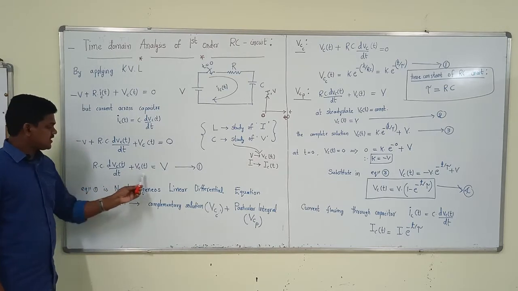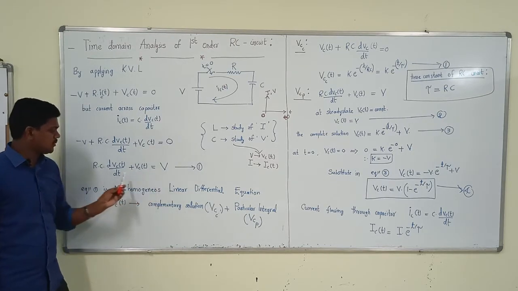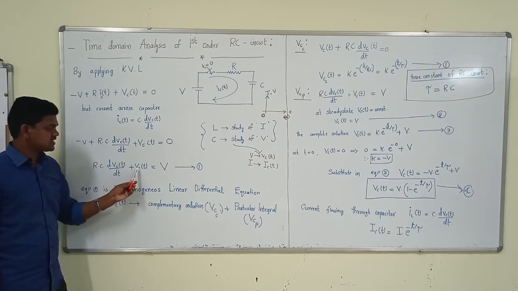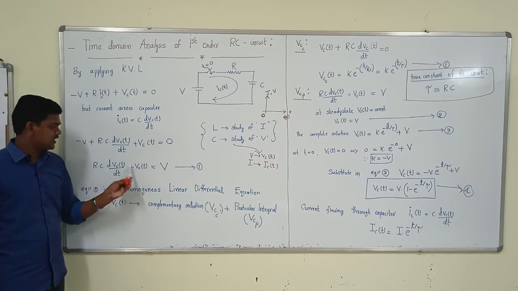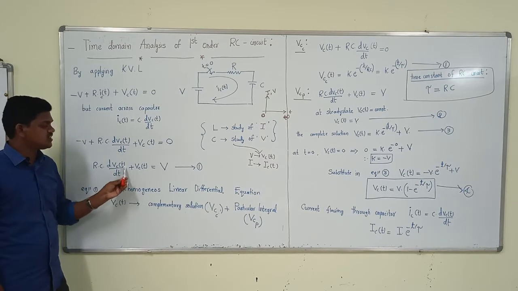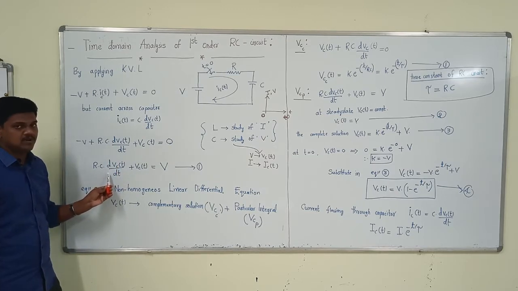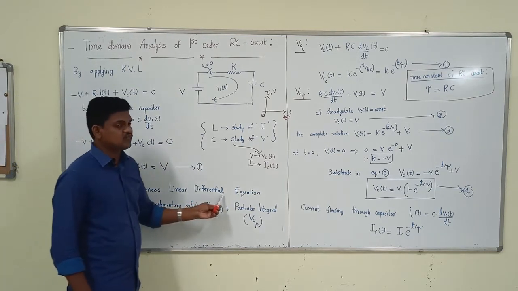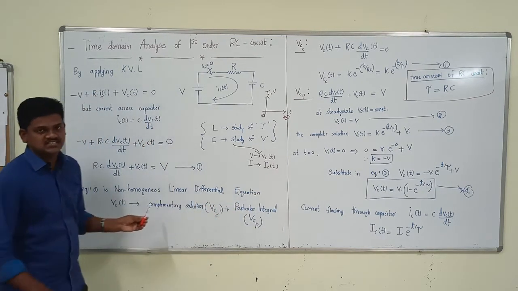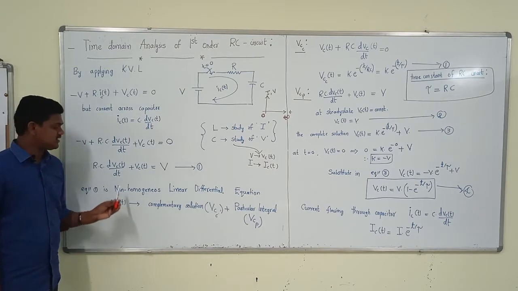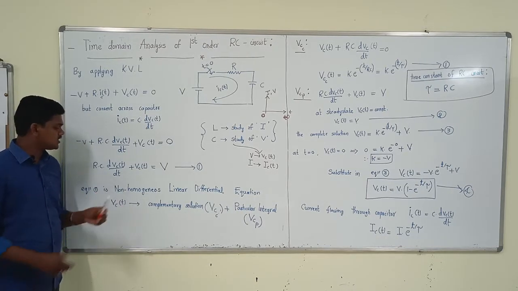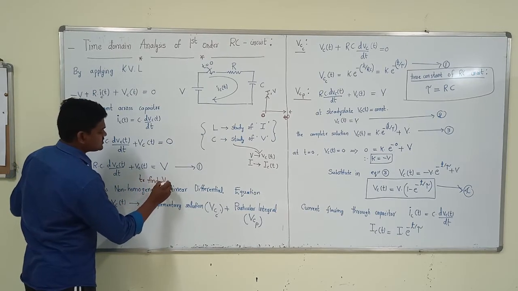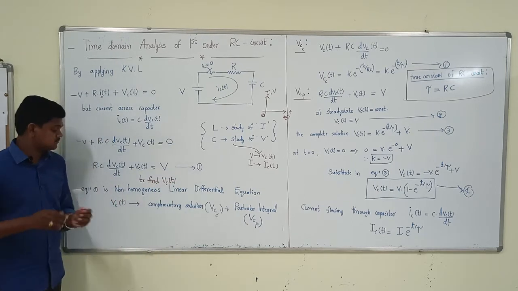But what is our requirement? This is the equation, but our requirement is to find the voltage across the capacitor. The voltage across the capacitor appears here in a differential term. So by mathematics, equation 1 is a non-homogeneous linear differential equation, same as the series RL circuit. Again, whenever the equation is like this, in order to find Vc of t, the voltage across the capacitor,